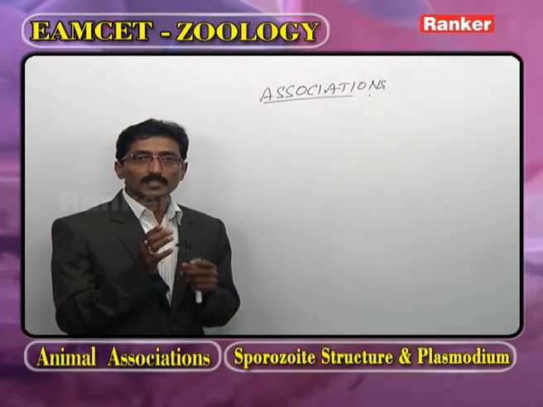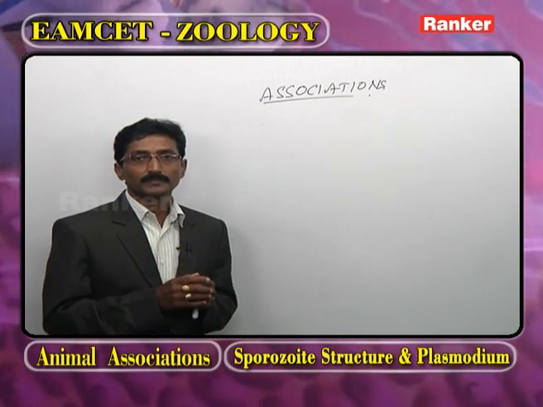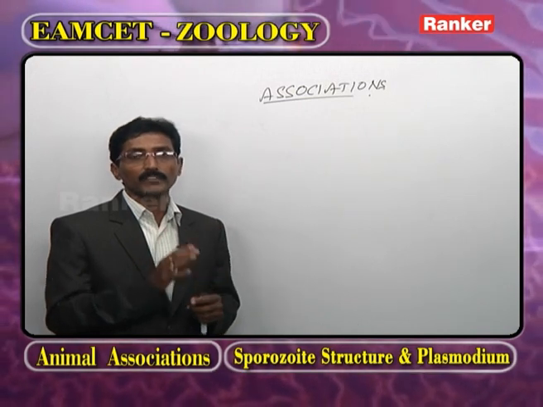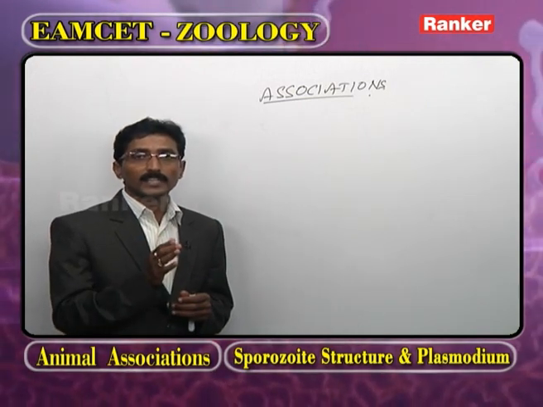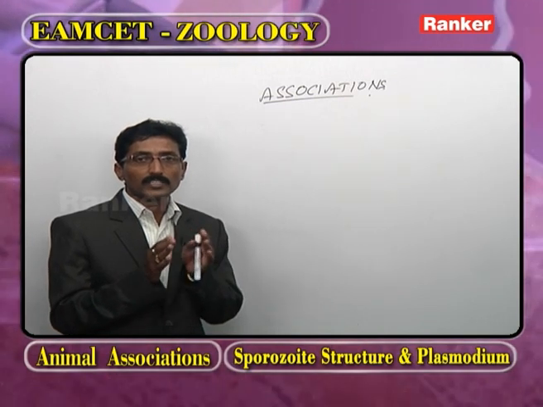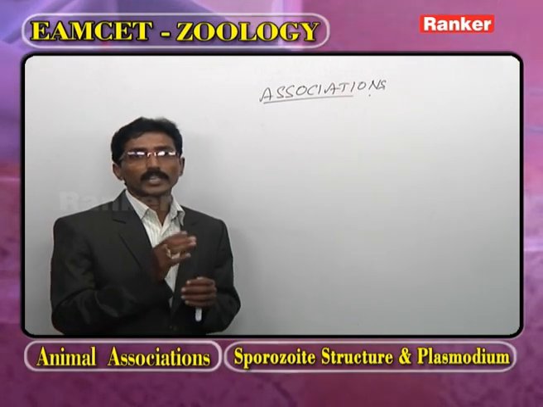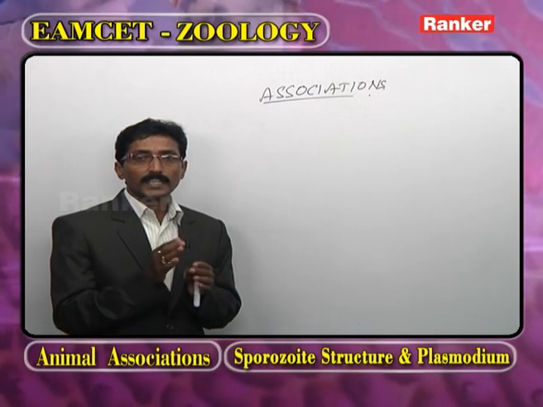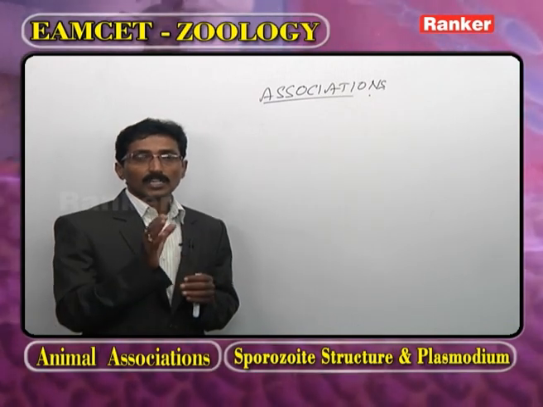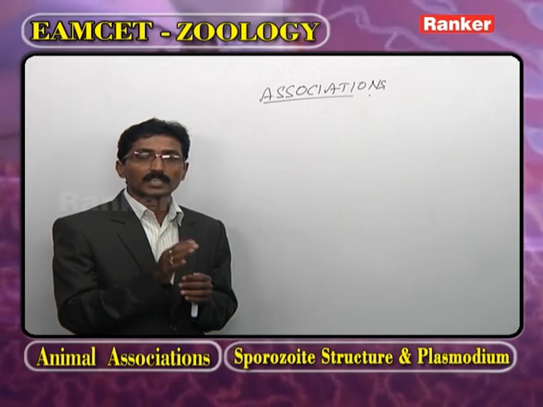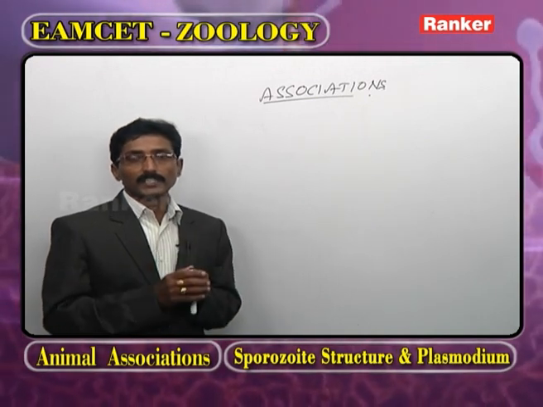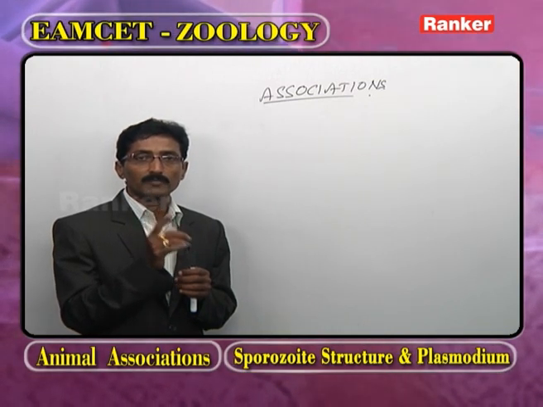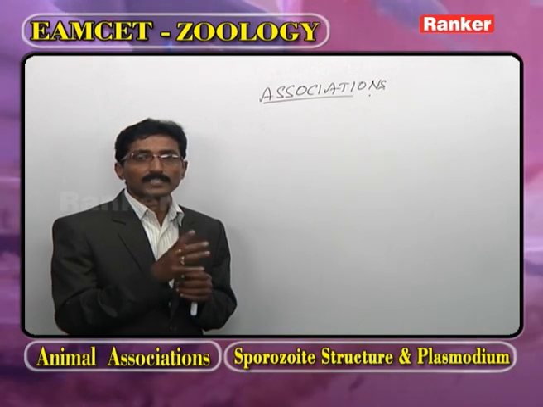In mutualism, both organisms get benefit. If the two organisms are separated, they cannot live independently. Whereas in commensalism, if the two organisms are separated, they can live independently. In commensalism, one is called the commensal and the second is called the host. The commensal is always smaller than the host. What about parasitism? In parasitism, out of two organisms, one is the beneficiary and the second one gets harmed.